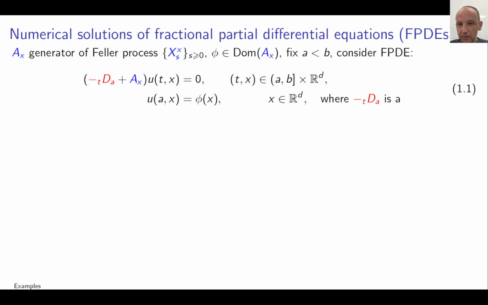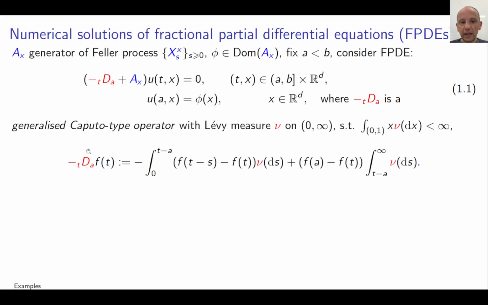Now, really, the motivation for us for doing this is because we're interested in Monte Carlo approximation of fractional partial differential equations of the following type. So it's a very simple incarnation of the problem that we're interested in. I take a Feller process with a Feller generator A_X, and then here, instead of a partial time derivative, I use a generalized Caputo operator of order at most 1, which corresponds to this formula, which is given via